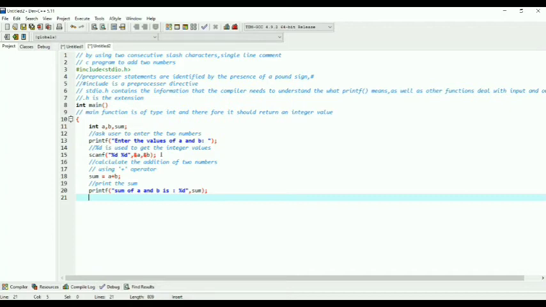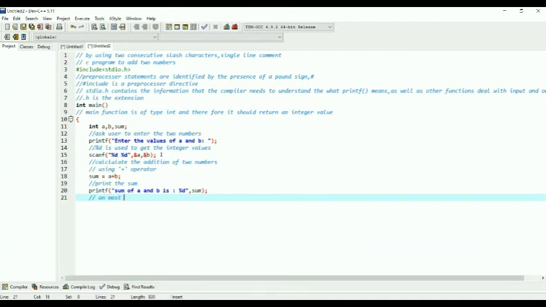That's why we are giving return 0. If you use void main, about void we will discuss in future videos. Void main means no need to give any return statement, but I used int main, that's why I'm using a return statement.